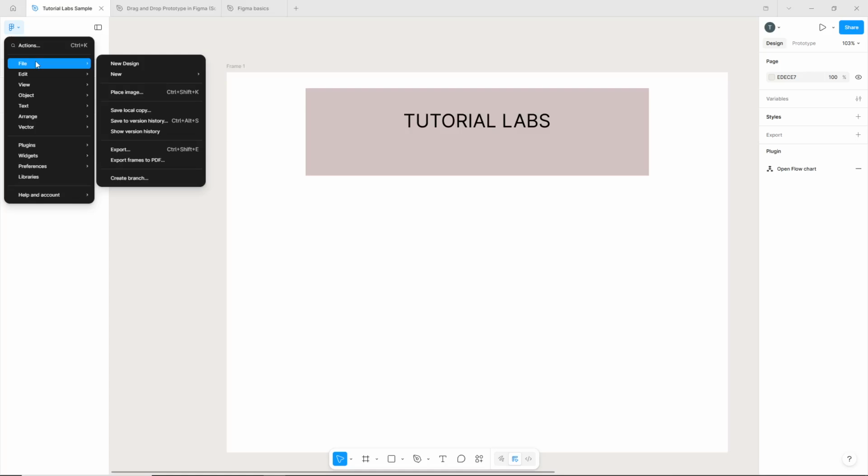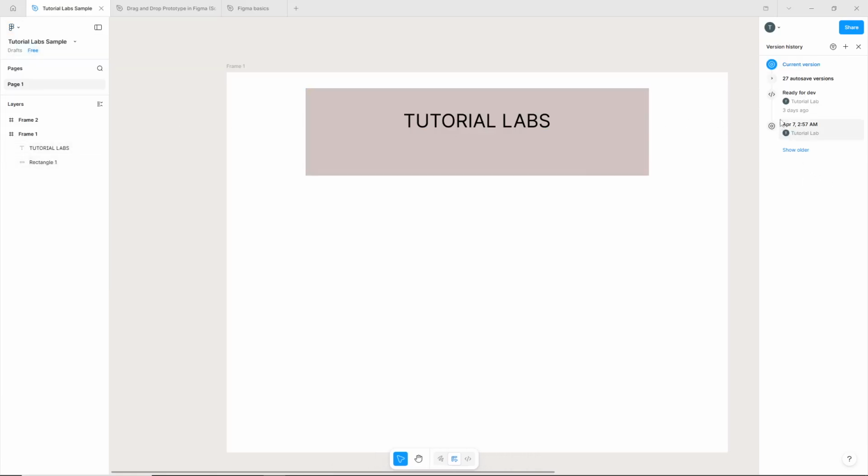Within the File menu, you'll notice an option that says Show Version History. Click on that. This action opens up the Version History panel, which is essentially a timeline of all the changes and saves that have been made to your design file. This feature is particularly valuable when you're collaborating with a team or when you need to revert to an earlier